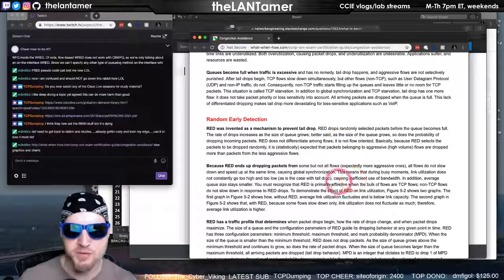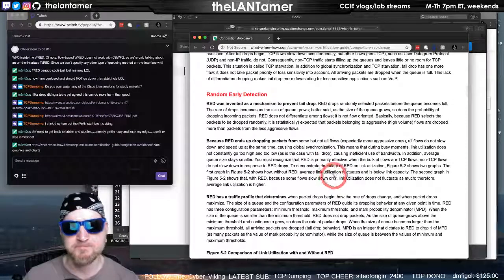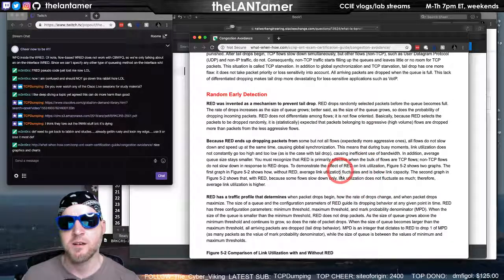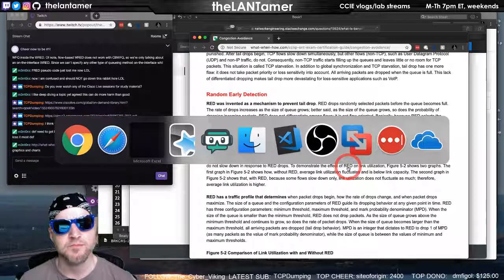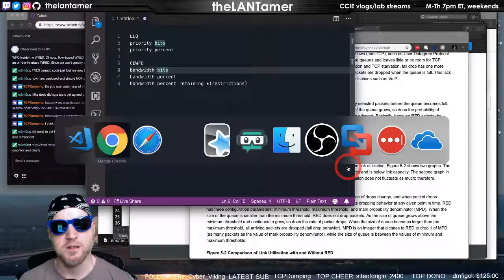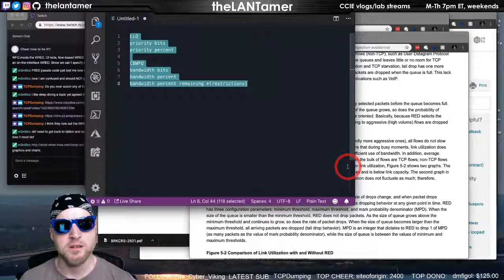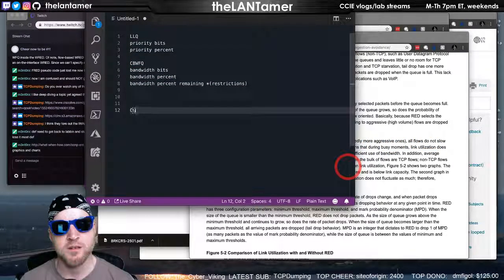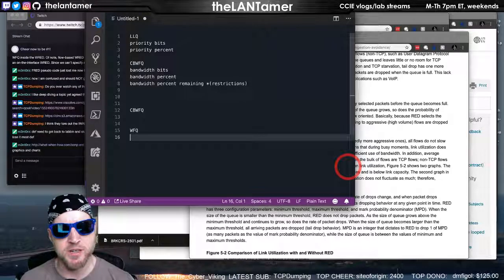Okay, so I guess what I'm thinking of here is, when you're referring to class-based weighted fair queuing and weighted fair queuing, you have the scheduler, right?